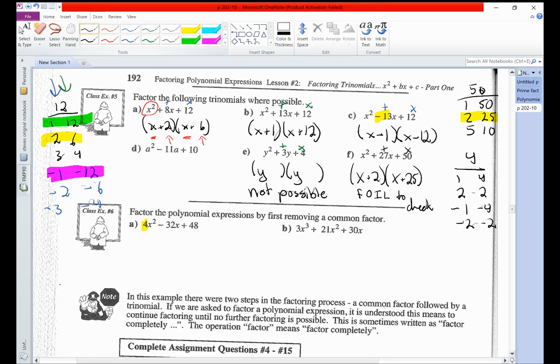So if I were to factor a 4 out, is 32 divisible by 4? Yes. Is 48 divisible by 4? Yes. So what you can do is, let's factor that out, 4. And what we're left with is,